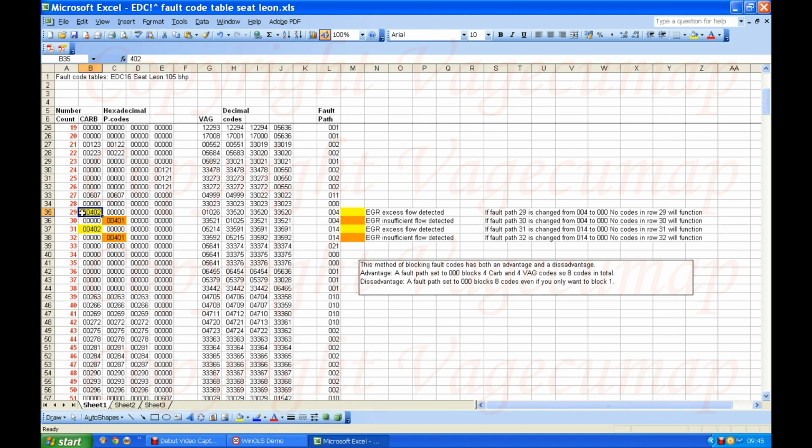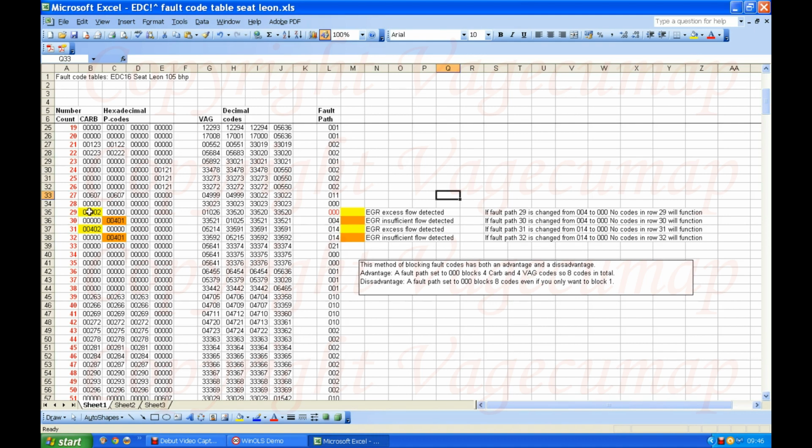Now I've called this one fault path 29, just ignore that, that's just to make life simple so we know what we're all talking about. There is no such thing as fault path 29, I'm just calling it that. But I'm calling that one fault path 29, and at the moment fault path 29 has 4 next to it. So that's the set of instructions it's going to go and follow. So if I was to type in there 1, 2, 3 noughts like that, and I'm just going to highlight that red too so we can see that that's one we've changed. If I was to change that from 4 to 0,